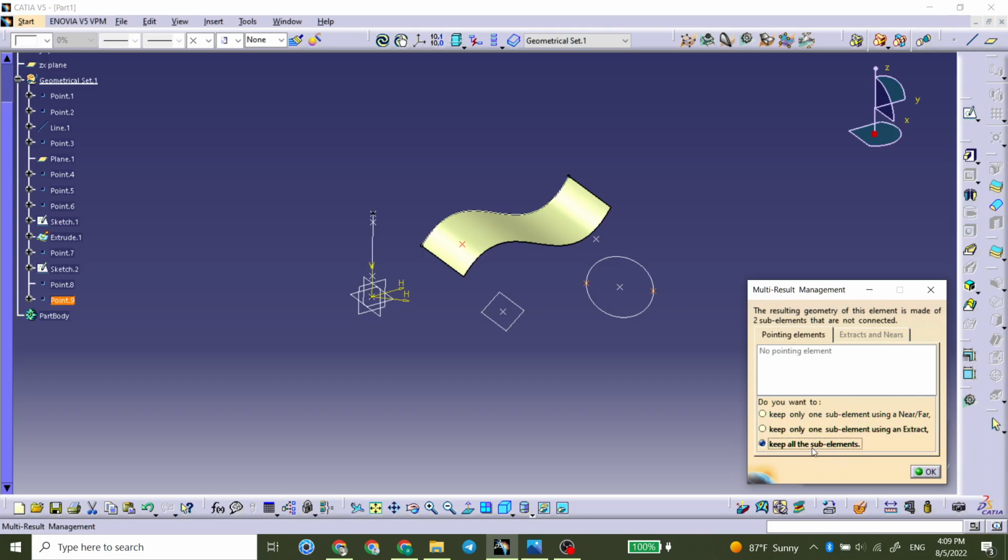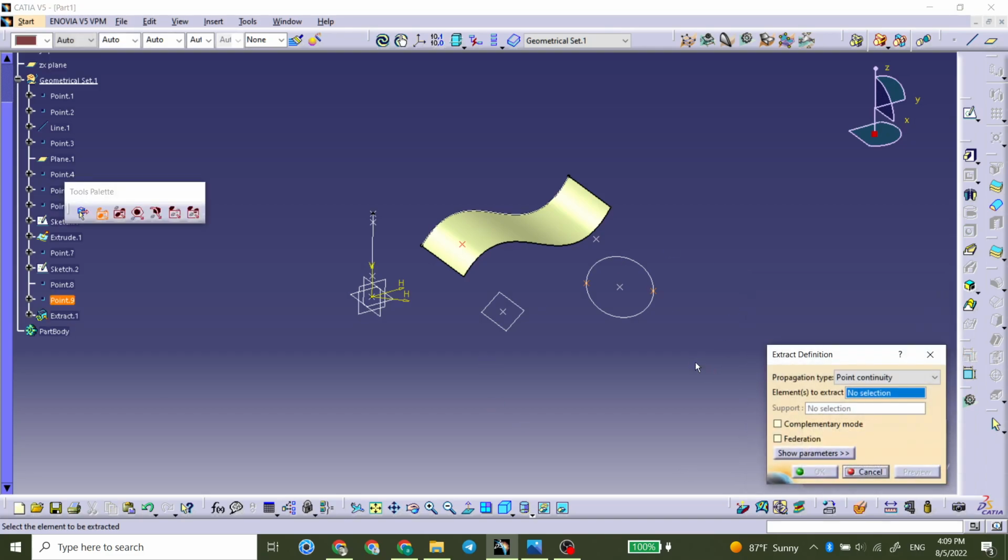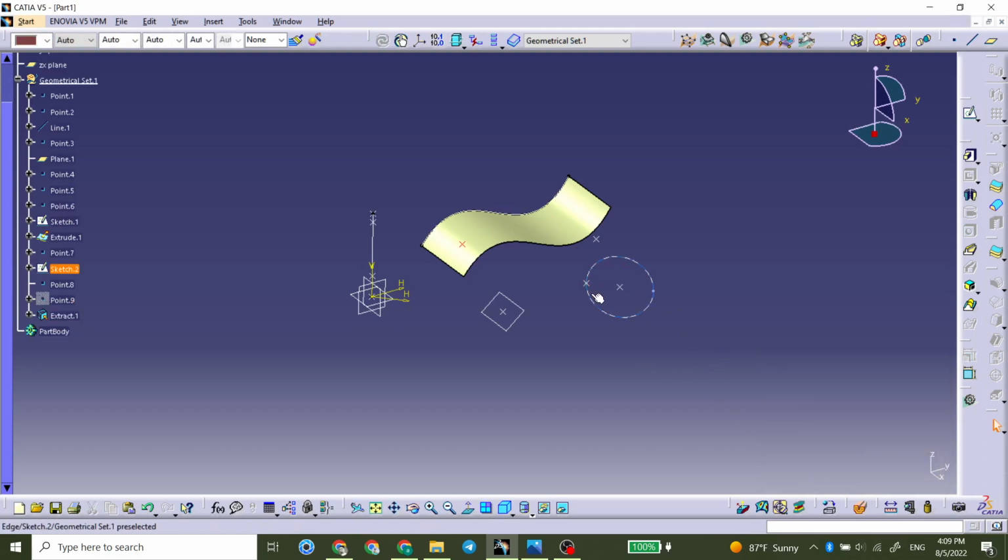If you want both of them, you can select this. If you select this, it will choose by nearest or farthest of them. And if you choose this one, it will be extracted, which is much better option. I can choose either left one or right one here, and I select OK. I have one of them, which is this curve heading tangent to a z-axis, which is locating this way, will